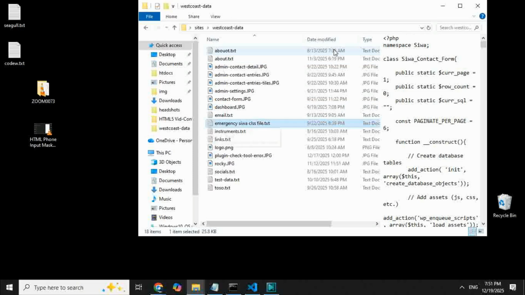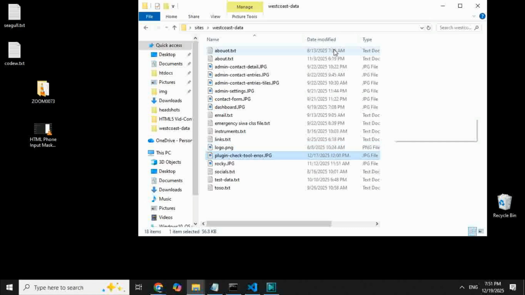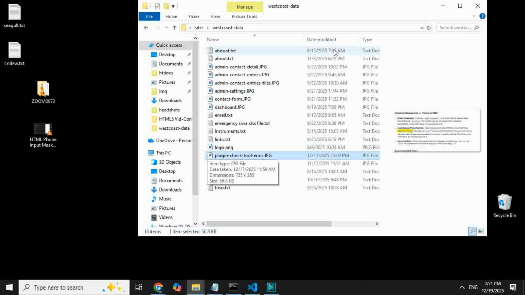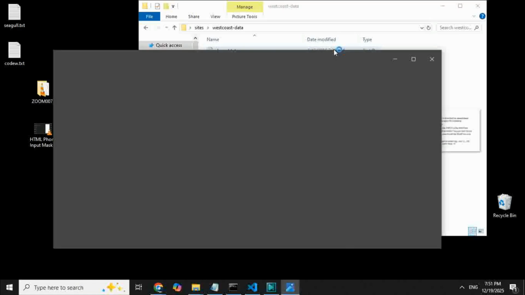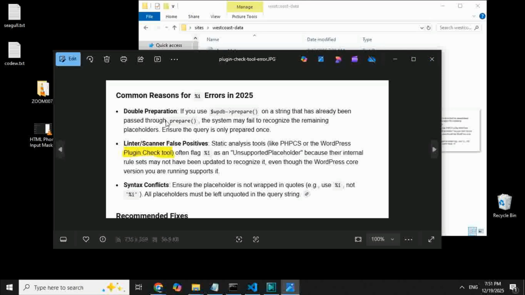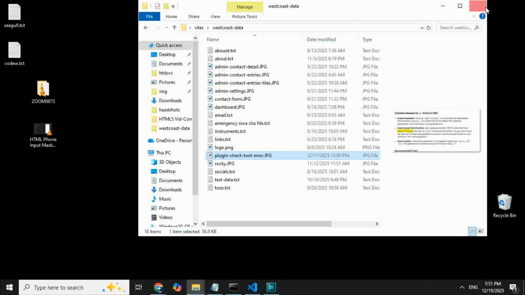Where was it? So I found something, this guy here. I did some research on it, and yes, certainly there is a problem with this plugin checker. I forgot where I got this. Maybe I should cite my references. But here, false positives where the I flag is being tagged as unsupported placeholder, etc. So this again is just a known error. So I'm getting that error, but it works, and I'm doing it the way they want me to do it, which is,